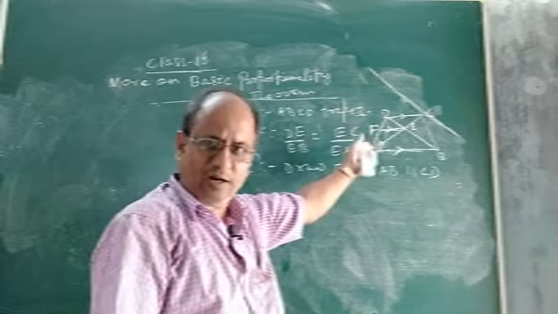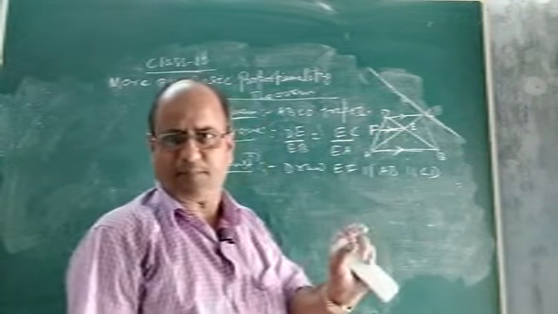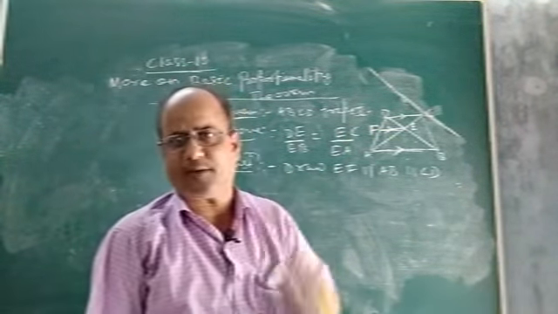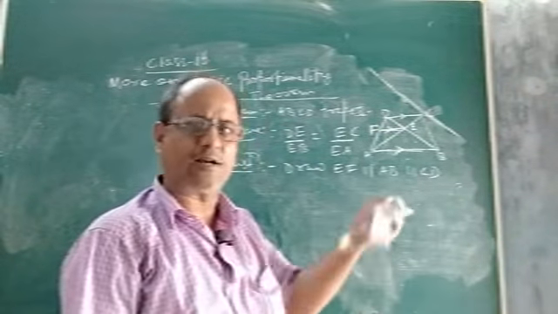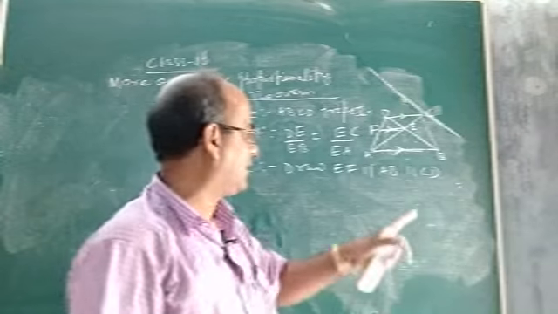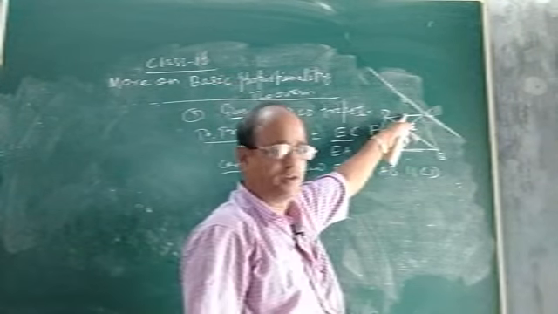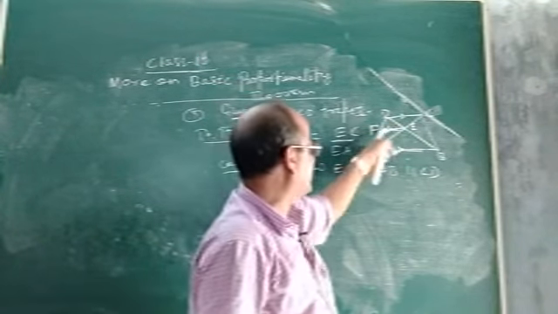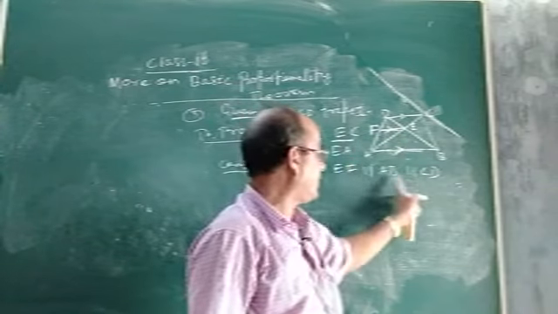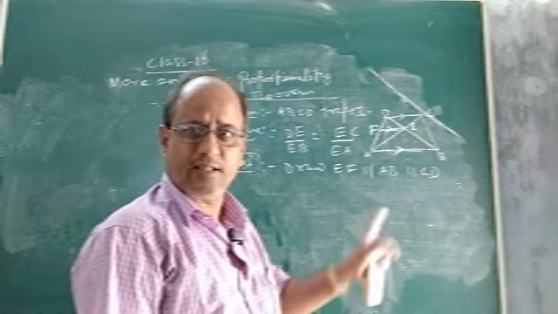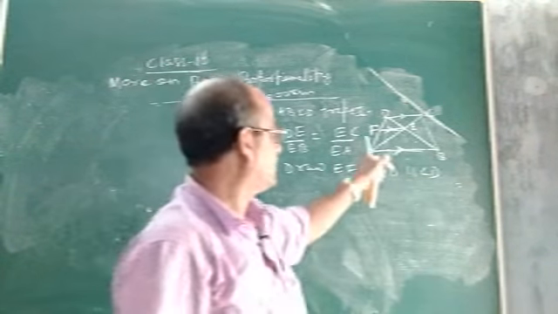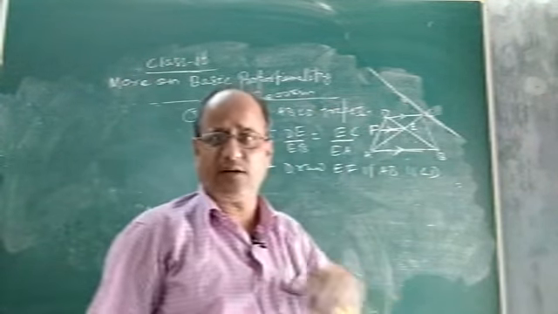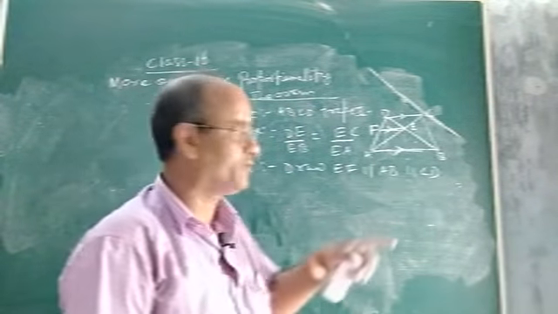See, AB and CD are already parallel. It is given because ABCD is a trapezium. As I told you, in a trapezium one pair of opposite sides is always parallel, and the other pair is non-parallel. So you are given AB parallel to DC. Now you draw another line segment EF, which is parallel to both AB and CD. Only then is it possible to show that the two diagonals AC and BD divide each other proportionally. So how to prove? Let us see.